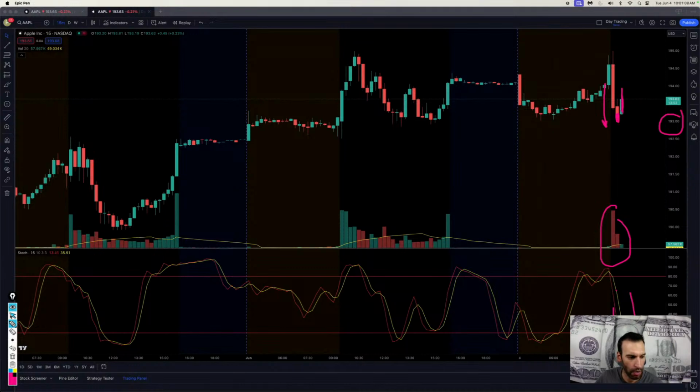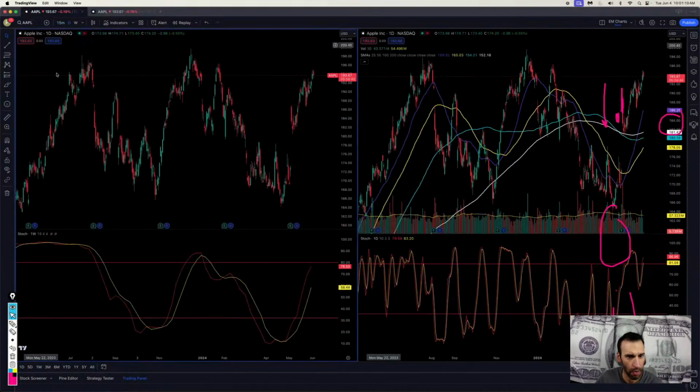So why don't I take a peek over at this chart and see what's going on at $193? Because I know that Apple is in this resistance territory, and you can see you had consolidation there, you had a lot of consolidation there, you had a lot of consolidation there. So moral of the story here, and what I really want to drive the point home before we move on,